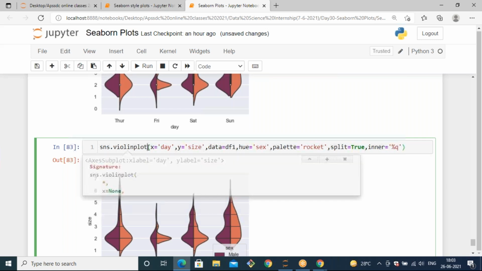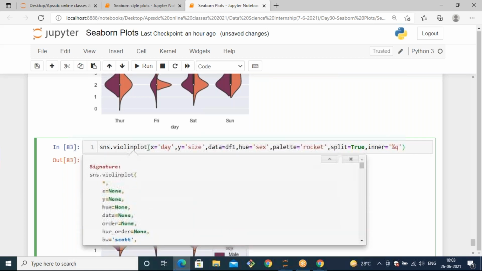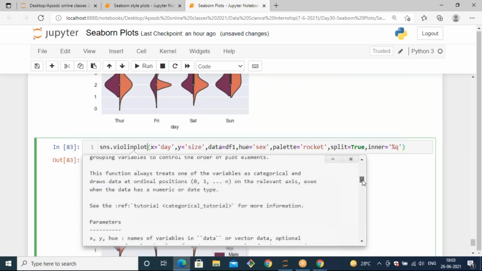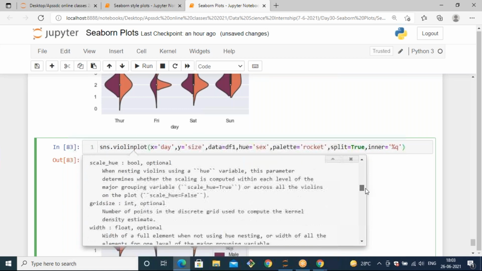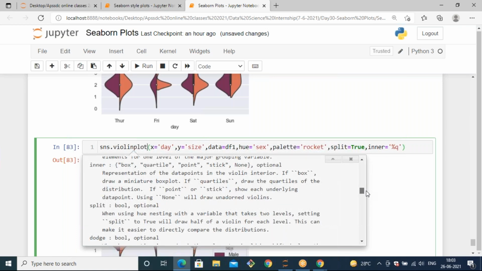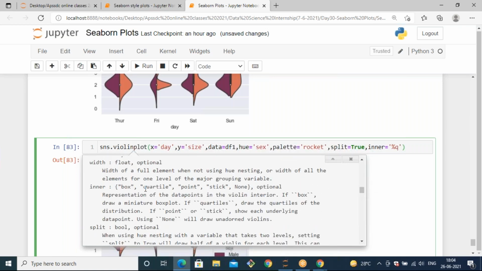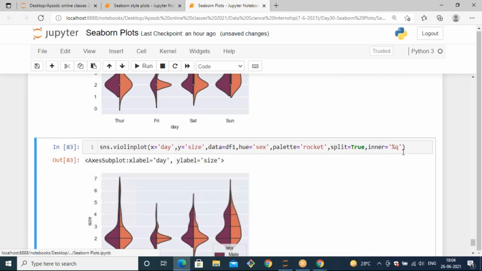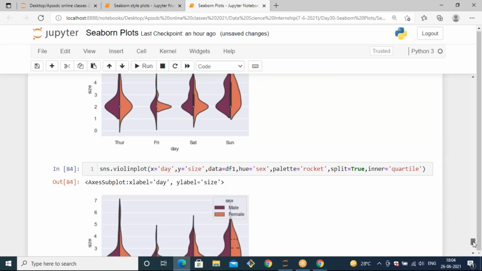Let's see supported methods. When you mention quartile, order, cut, scale, width, inner. So inner takes box, quartile, point, stick. If you make it inner equals quartile, based on quartile ranges, you will get lines in between the quartile range like this.